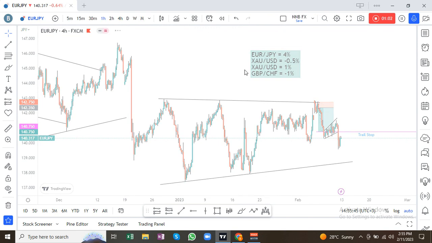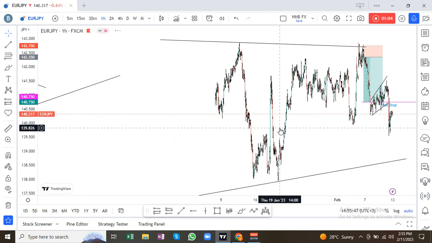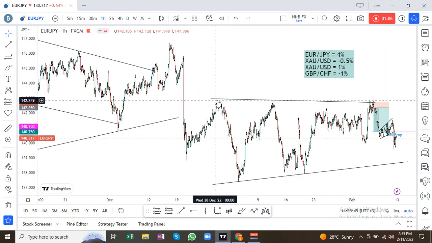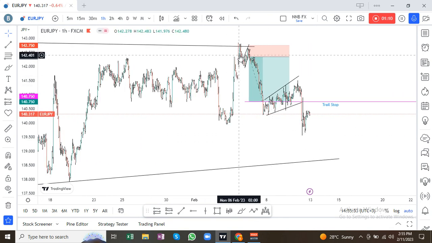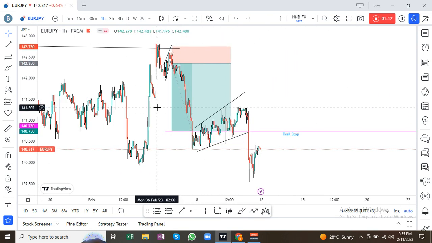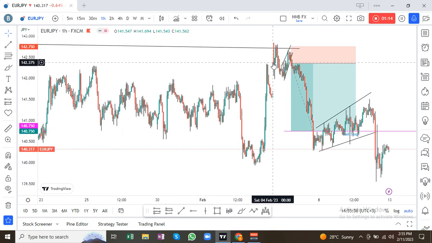If we go down to the 1 hour time frame, we can see that the market had touched this pattern three times. First time, second time, and here I planned to enter with a risk entry on the third touch, but the market got there on Monday too early. I had not started trading, so